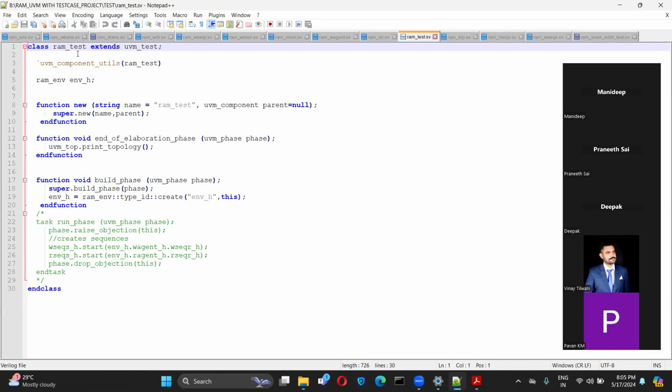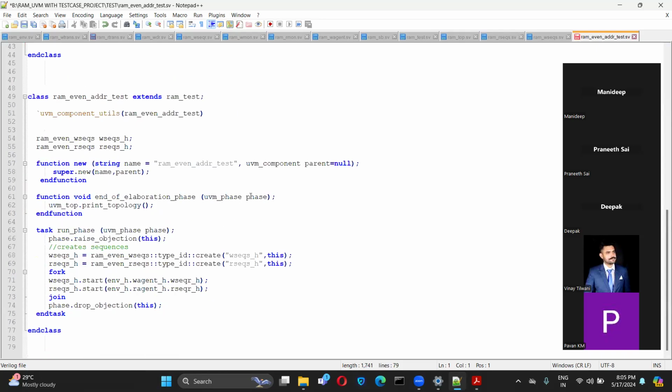We can assume that this is the base test, and you are extending some other test. So this is our base test and this is your child test in your question. The thing to understand is that if there is nothing above it, no parent at all, then only will you use null. Means you are pointing that this is the only parent. So even in this case, the UVM component parent will be null itself.